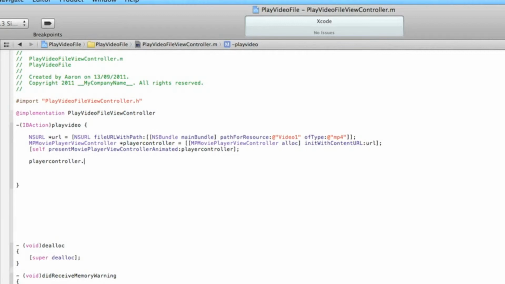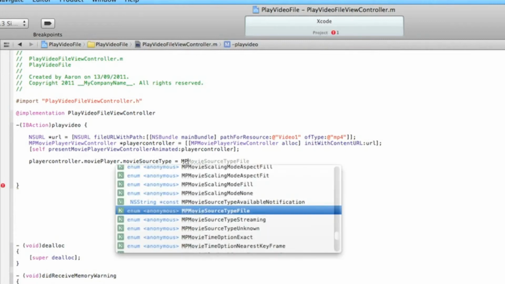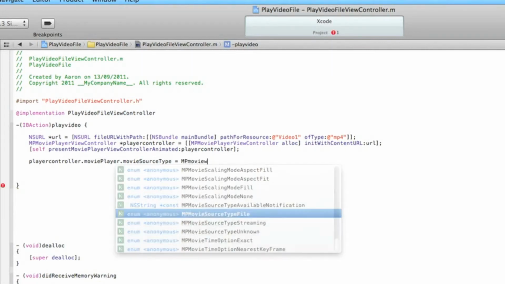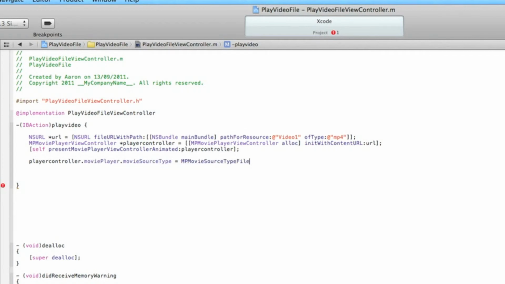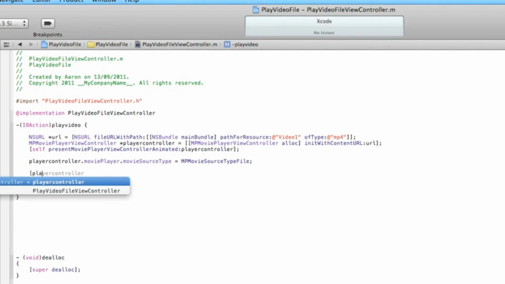dot moviePlayer dot movieSourceType equals MPMovieSourceTypeFile, then end that with a semicolon, and again we can hit enter twice, go bracket playerController